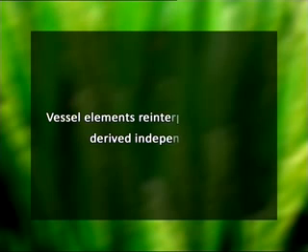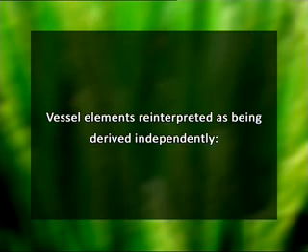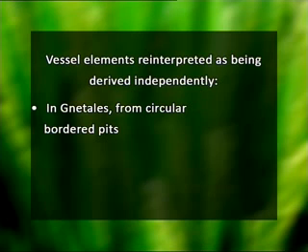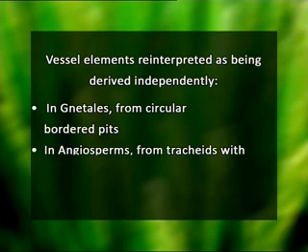However, very recently, this viewpoint has completely changed. For example, vessel elements are now reinterpreted as being derived independently. That means a product of parallel evolution. For example, in Gnetales, they are derived from circular bordered pits, whereas in angiosperms, they are derived from tracheids with